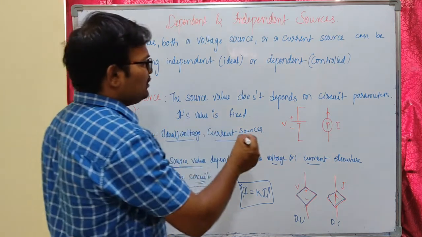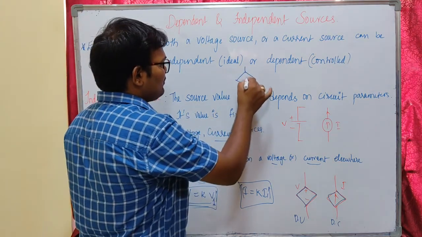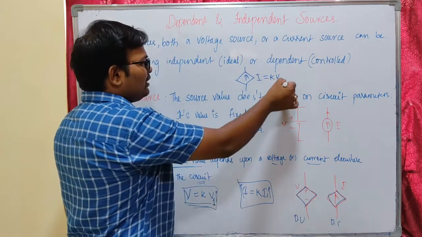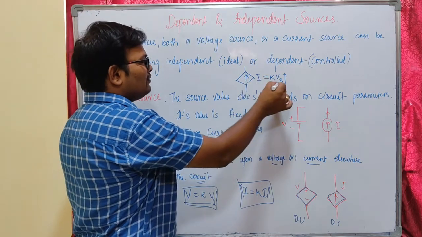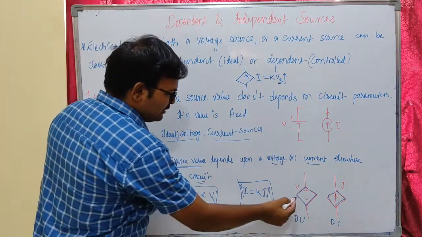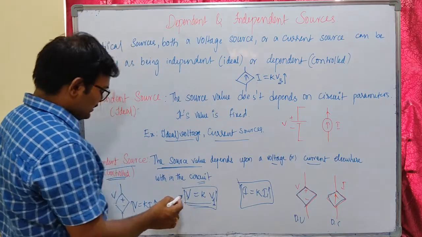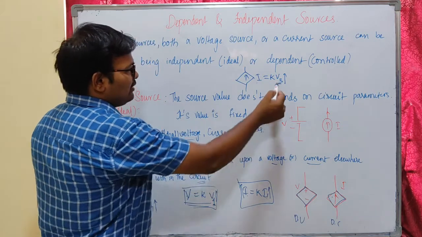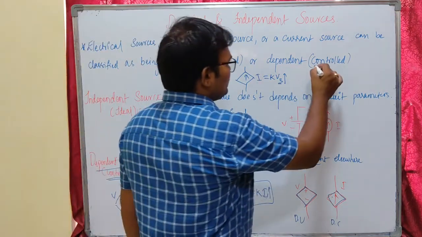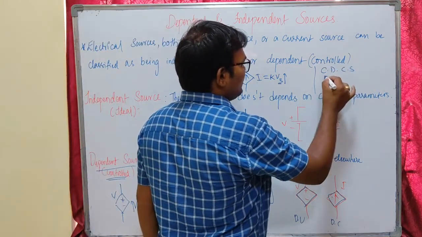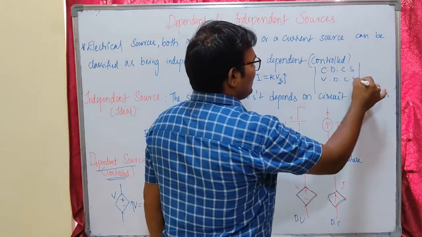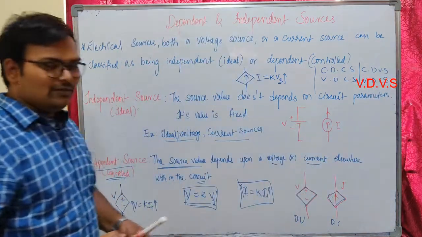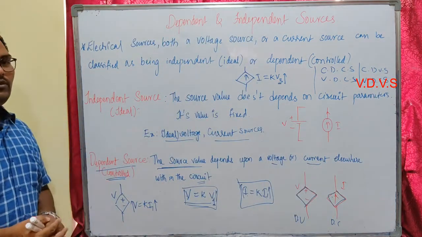Similarly you will have a current source whose value is dependent upon a voltage. If the voltage value V3 changes, our current changes. This is a voltage dependent current source. So the first one is a voltage dependent voltage source, and this is a current dependent voltage source. The second current source is a current dependent current source. So you have four types of dependent sources: voltage dependent voltage source, current dependent voltage source, current dependent current source and voltage dependent current source. These four are the types of our dependent sources. So this is about voltage and current sources.